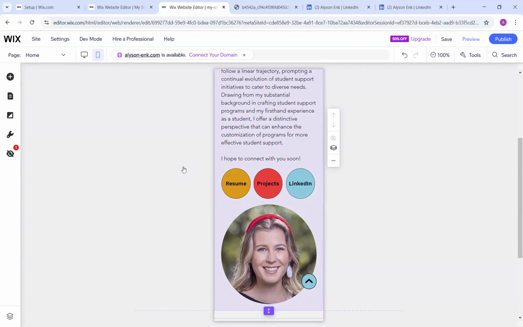Now that you have this template set up for your e-portfolio, you can see that there are